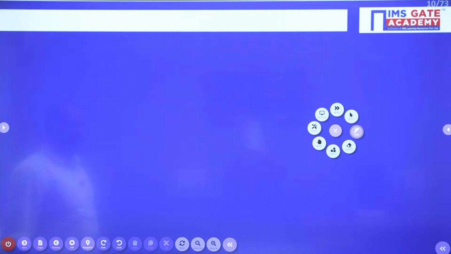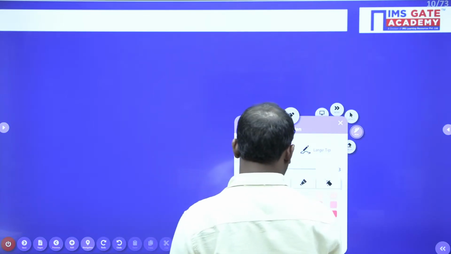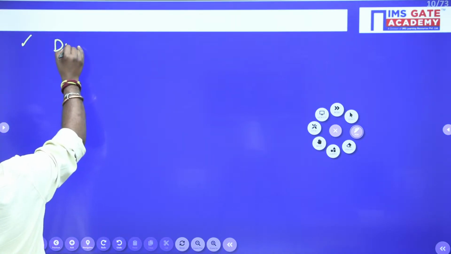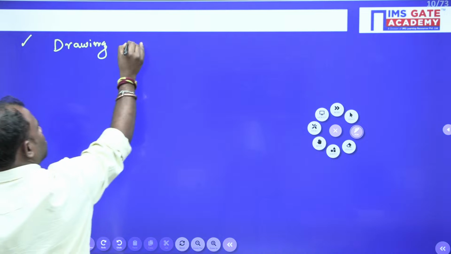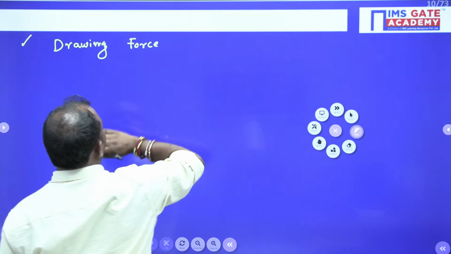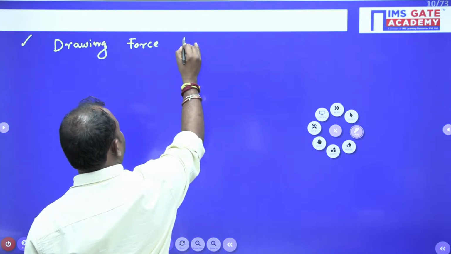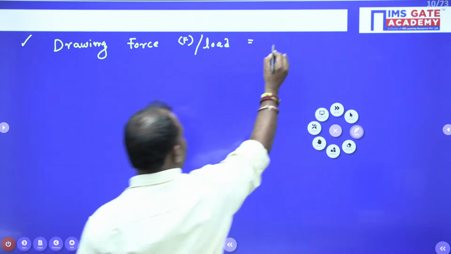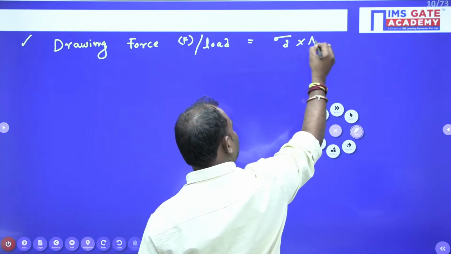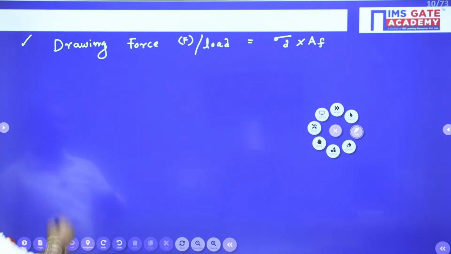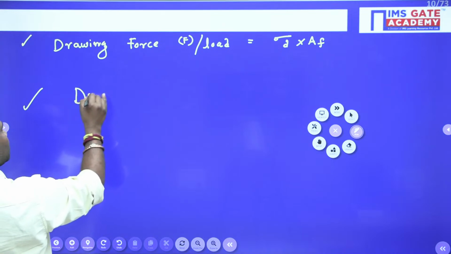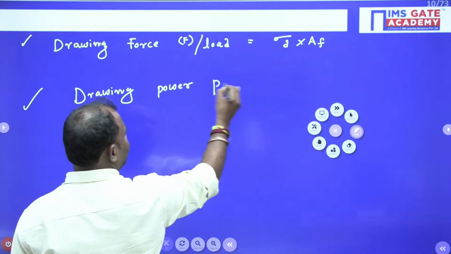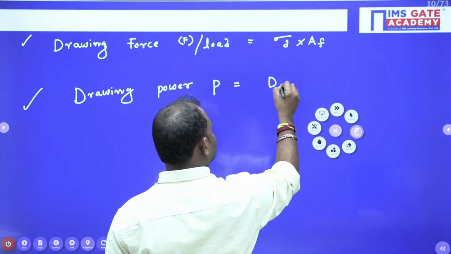How much force is required for drawing? Right. Next is drawing force. So we can call it F, or we can call it a drawing load also. Okay, right. Now drawing force is equal to drawing stress into final cross section area. Okay. Similarly, drawing power, the power required for drawing operation. So P is equal to the drawing force or drawing load,